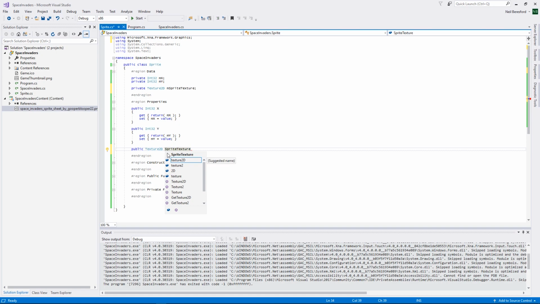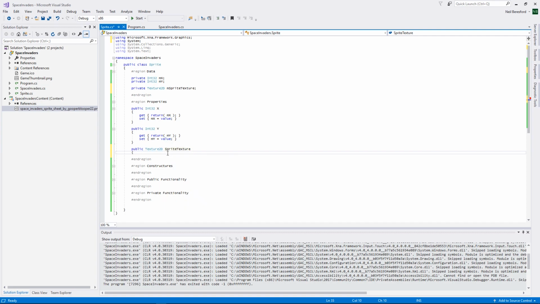Okay, and we will open the curly brackets and close them, and then we will do a get. And this is return sprite texture, and close that command with semicolon, and then we'll do a set,